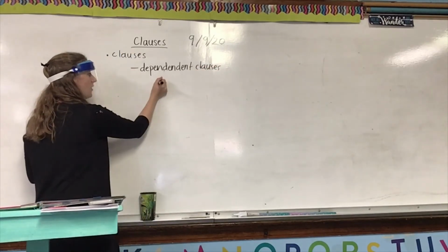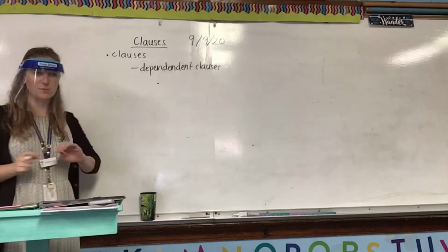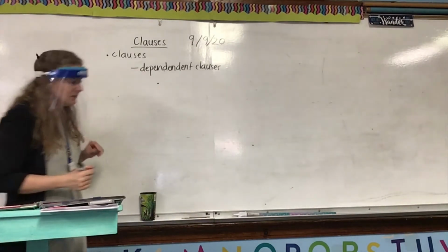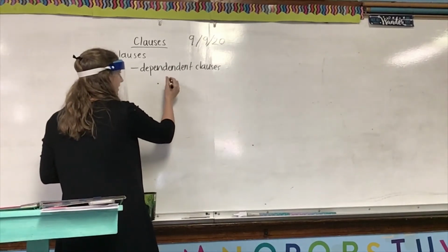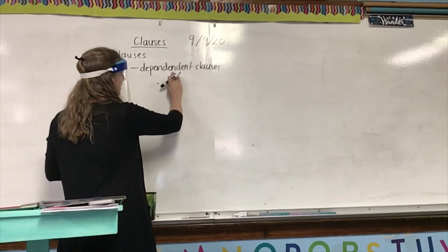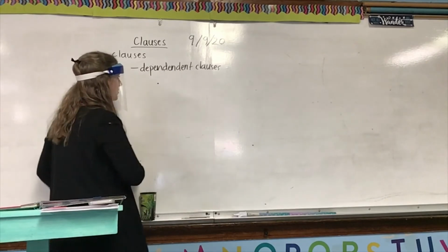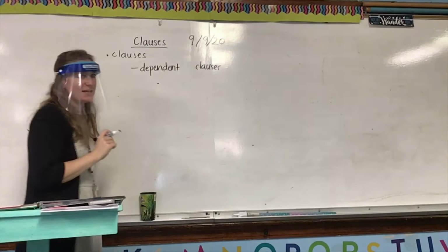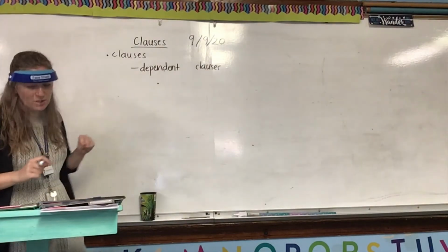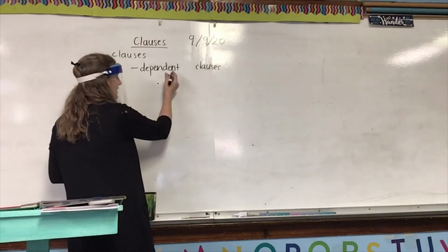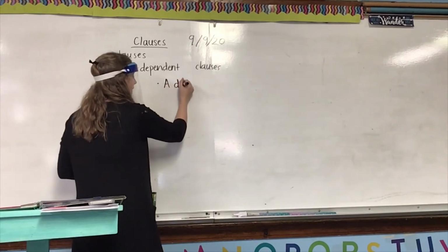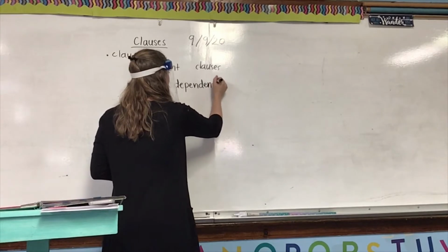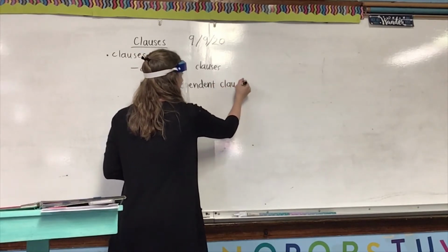And then you can move over a little bit and add this next part, because this next part goes with dependent clauses. I don't know, dependent is just a word that I have trouble spelling, or just thinking about as I spell it. So you can go over a little bit because this is a sentence. A dependent clause